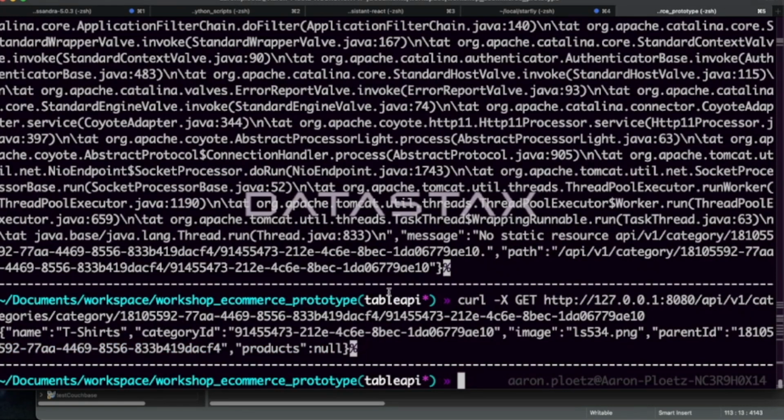But as you can see, we are able to do a v1 categories category and send in our parent ID of clothing, send in our category ID of t-shirts, and we were able to get back a payload that said, hey, we are at the t-shirts level. This is the category ID that matches up with what we just asked for. Here's the default image we're going to show, parent ID, and at this point, we're not deep enough to have a product list, so that comes back as null. All right, so both of these endpoints are in fact working.